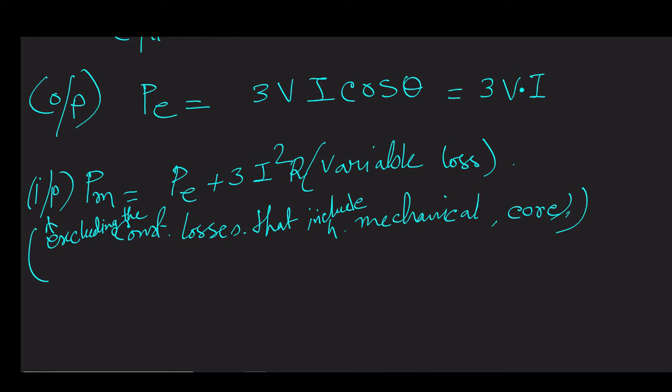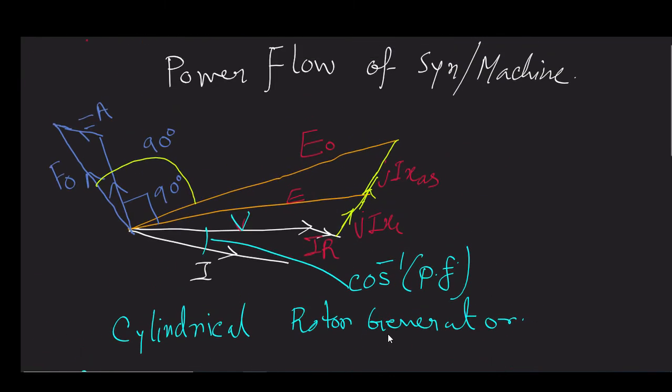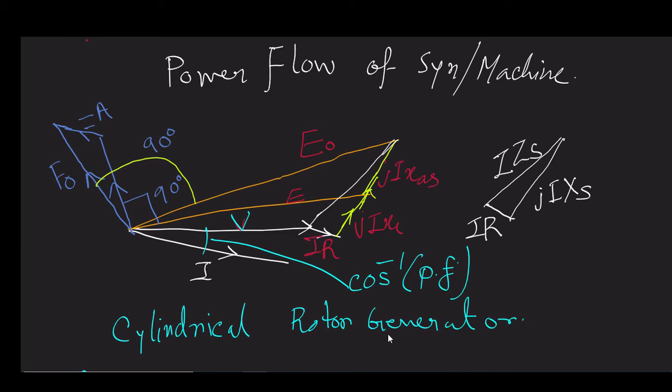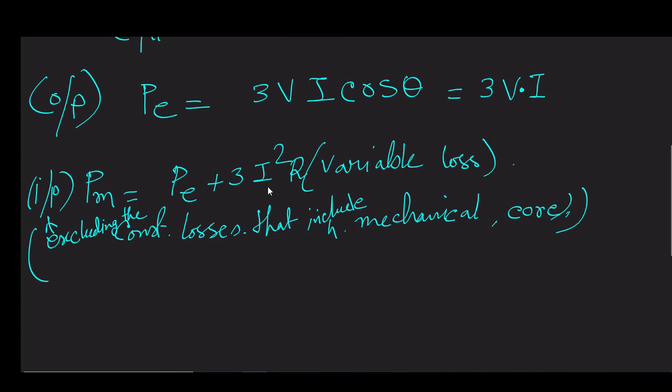So what we can write from this phasor diagram is that if we consider this phasor, like I'm taking a triangle, where IZS is our synchronous impedance,